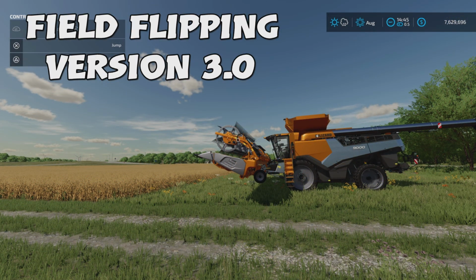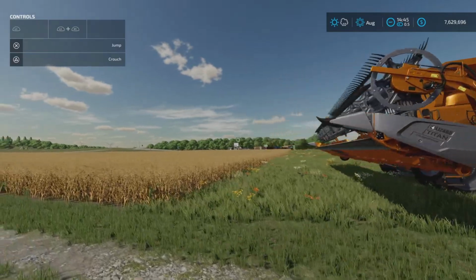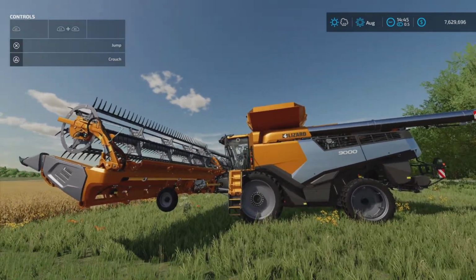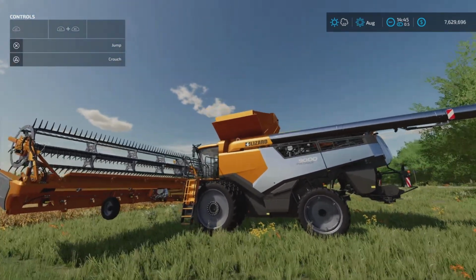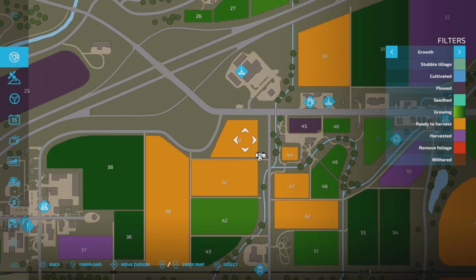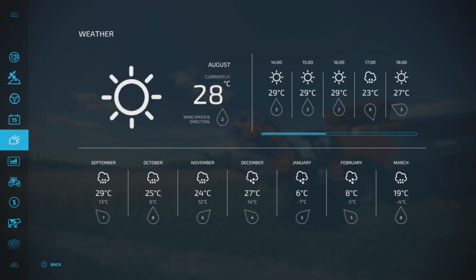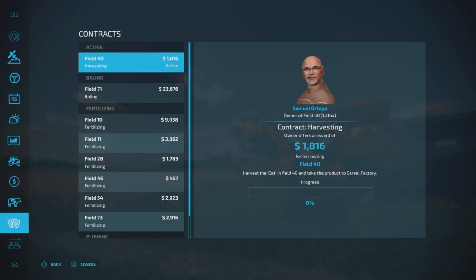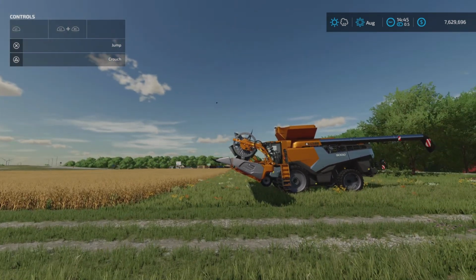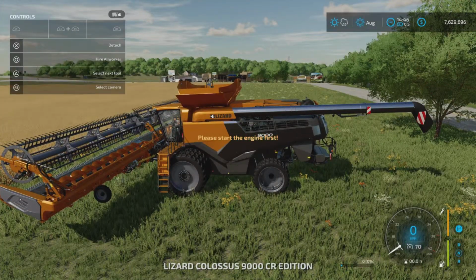Alright, it's time for my favorite, field flipping version 3.0. So, I've taken on a contract, just as before. Now I'm using my equipment. This is my harvester, the Colossus pack with a little bit too much capacity, but we're going to need it. If we move over here, you can see this is field 40. It's flashing. That means I have a contract on it. Let's just double check here. Field 40 for oats. Now this one, I've tested on my PC, but I haven't tested it here on my PlayStation 5. But anyway,